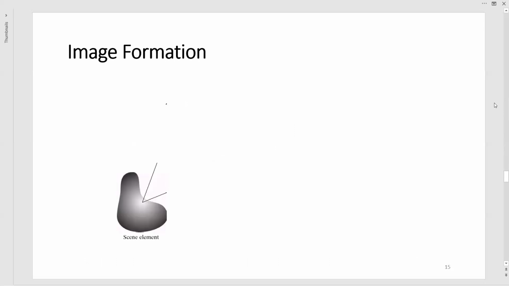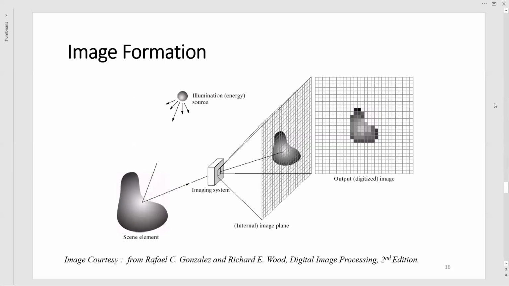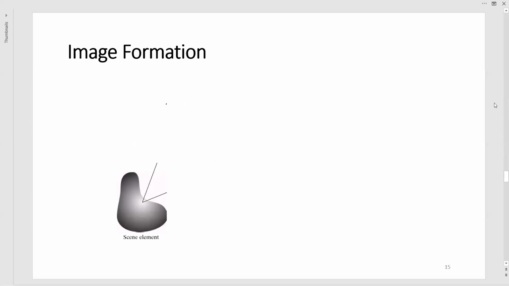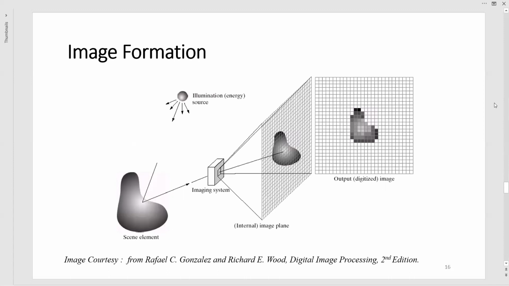Now coming to the technical point here, how it happens in the picture. Image formation. Let us say this is the scene element. Look at that part. On the top, it is having illumination energy. Once the illumination energy is put down on the scene, meaning a picture or scenery, whatever we see, the imaging system, it might be anything from a normal camera to a sensor to a bigger camera like a video camera or a medical imaging device or anything.